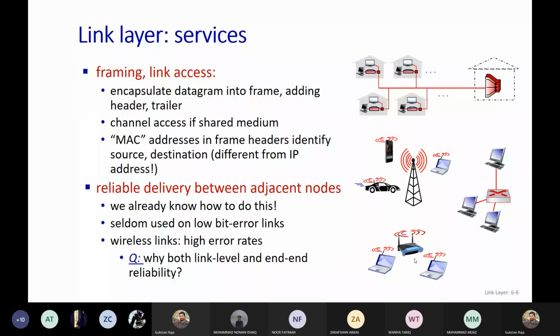The main services which are provided are known as framing and link access. Then there is a possibility of reliable delivery between adjacent nodes. We can provide reliable delivery. How we provide this, we will not discuss in this chapter, because we have already studied the concepts of reliable delivery in chapter 3 in great detail. So the same concepts, in fact the same algorithms, will be used if reliability is